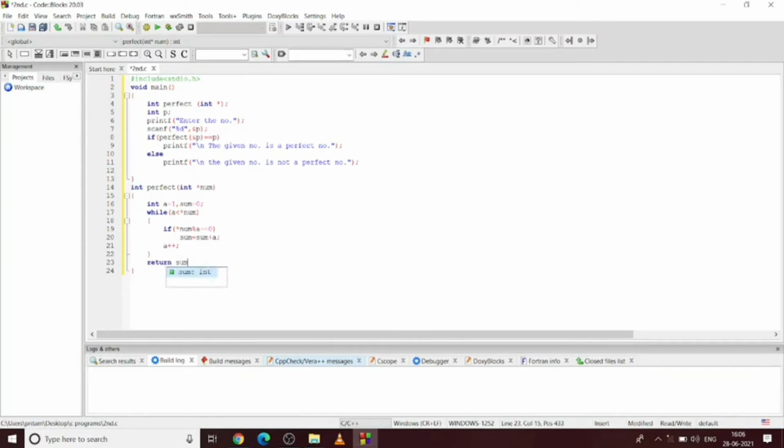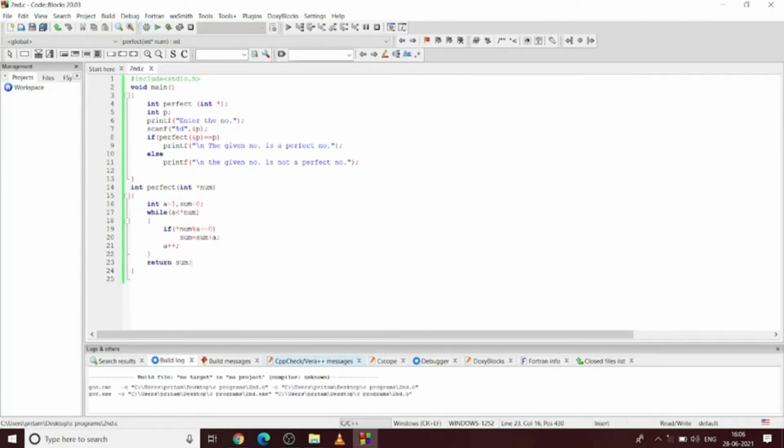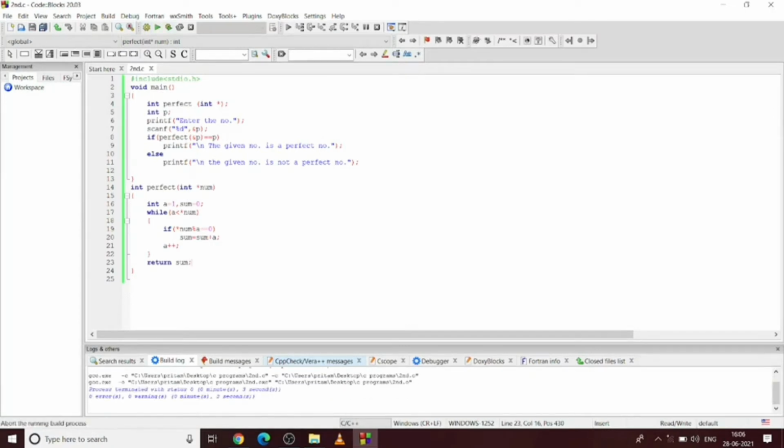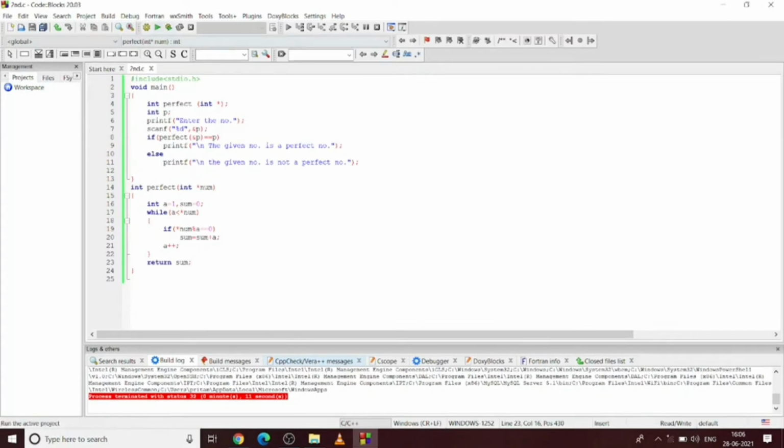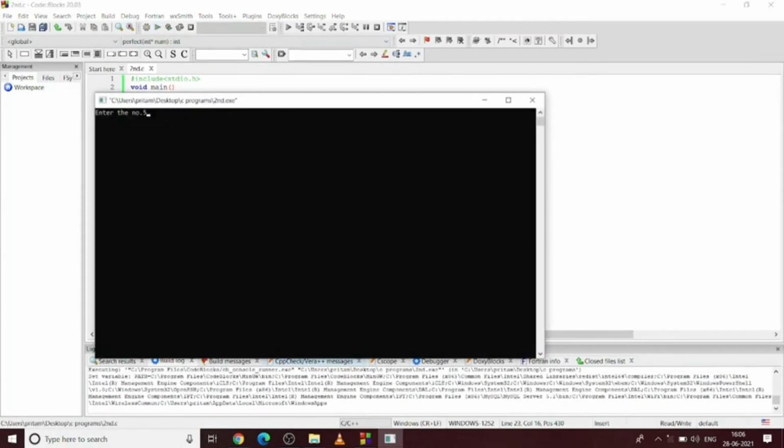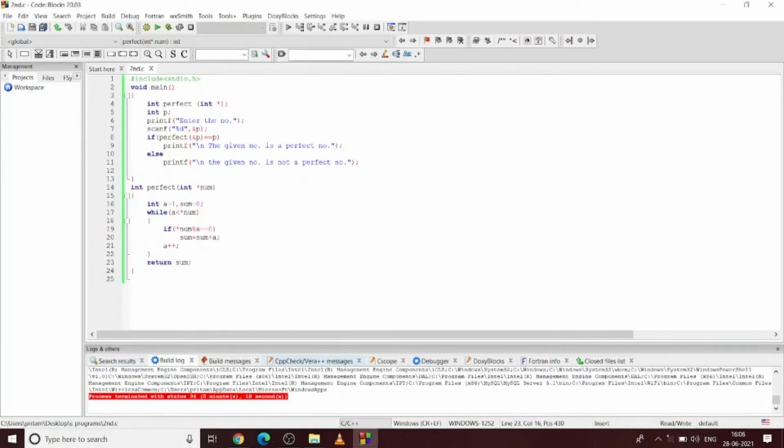If we divide 5 by 2, then it will give a remainder because it is not a divisor of 5. So I'm going to return sum over here. Build, 0 errors. 6. Yes, this is a perfect number. Let us write a number which is not a perfect number. This number is not a perfect number.